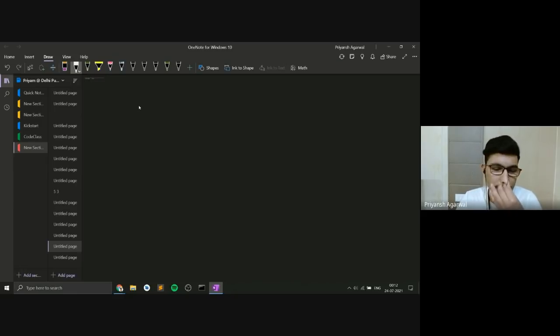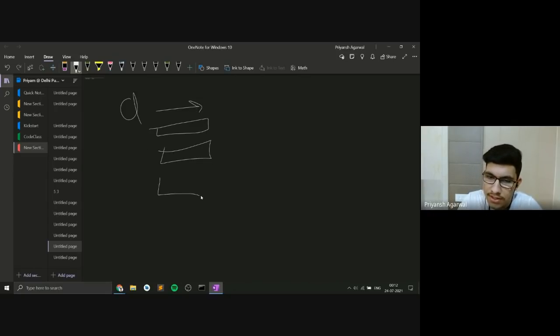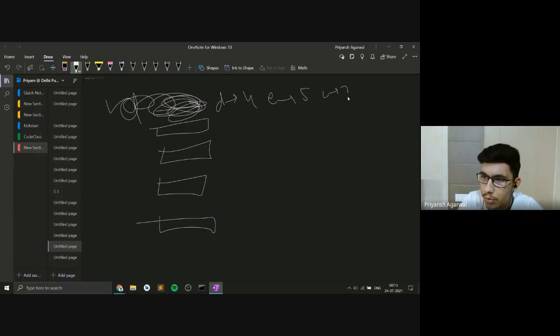What you can do here is try out all 5 possibilities. Let's say I decide that I want A to be occurring the highest number of times. Clearly, for each of these words, I can define a sum value. So right now I'm assuming that I need to maximize A. Let's say D is occurring 4 times, E is occurring 5 times, C is occurring 2 times, and B is occurring 1 time. So the overall sum here is 9 plus 11 plus 12. So the sum of all the other characters is 12.